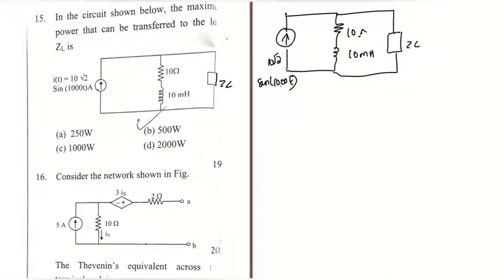For finding out the maximum power that can be transferred to the load ZL, we have to find out the Thevenin's equivalent resistance and voltage. So for that,